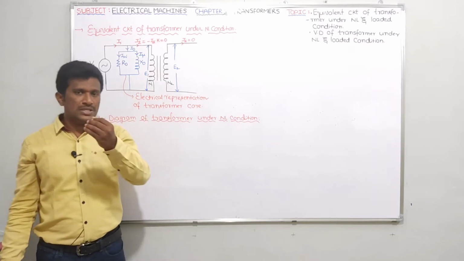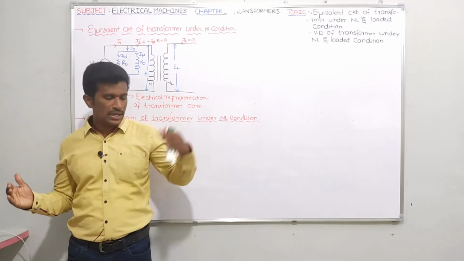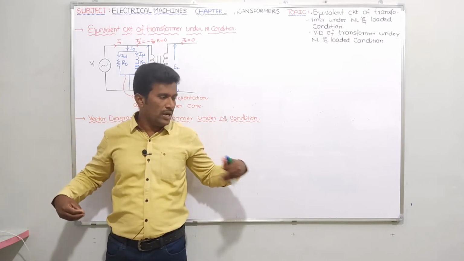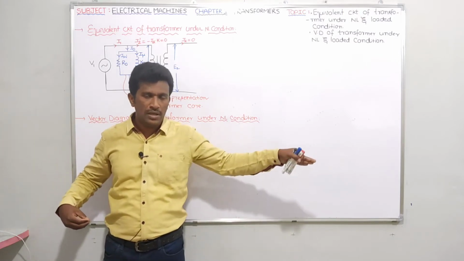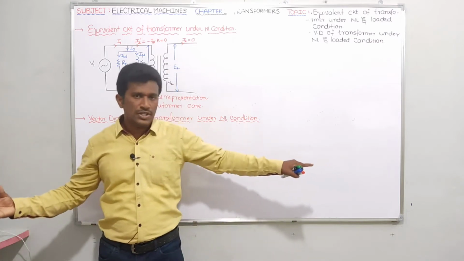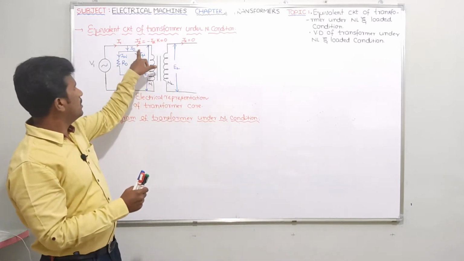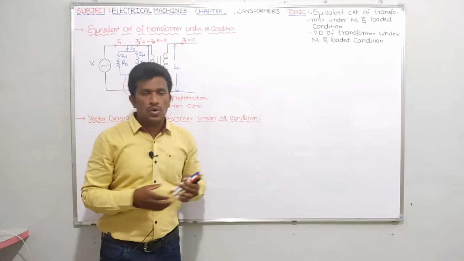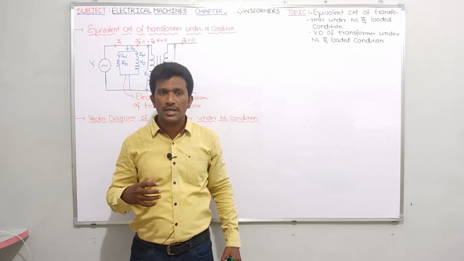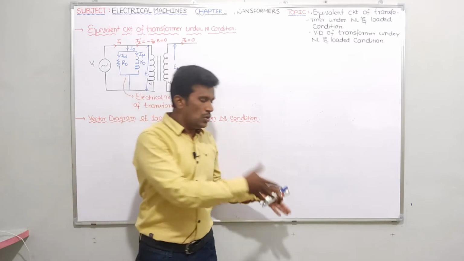Very simple, guys. Please try to assume, suppose one transformer is there. To this transformer, the primary winding is this one, the secondary winding is this one. I just connect some voltage source to this primary winding. There is no load connected to the secondary winding. Under no load condition, what is the current drawn by the transformer? It's a simple logic, nothing but I naught only, because this I2 dash is 0. So the current drawn by the transformer under no load condition is nothing but I naught.